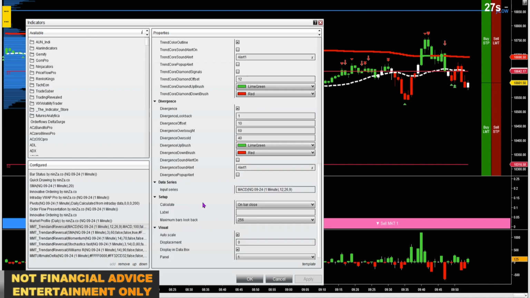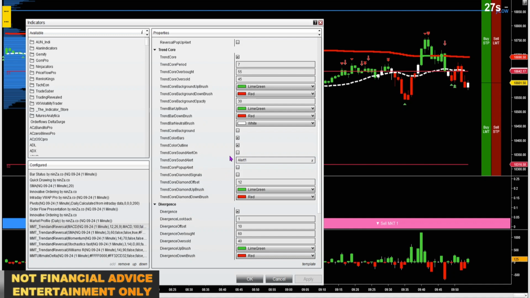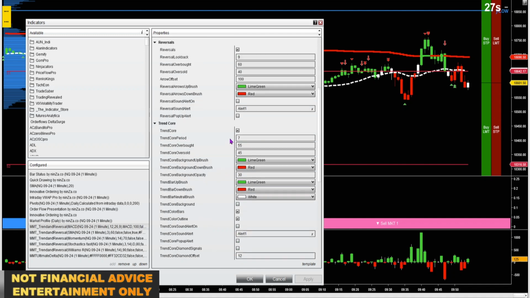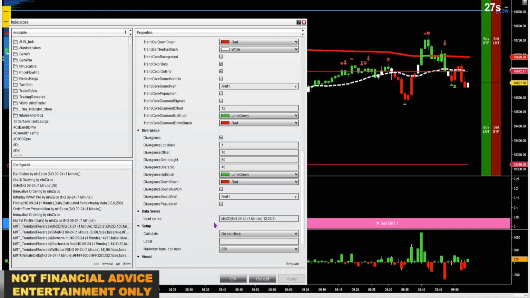This first one, I've got an input series of the MACD, just the standard settings of the built-in MACD. I've got divergence activated. I've got reversals activated. Trend flow is off. I've got the trend core activated. Core period of 7, overbought 55, oversold 45. No background, it's just painting the bars with the outline. So these longer term candle colors are being printed by this instance of the trend and reversal with the MACD